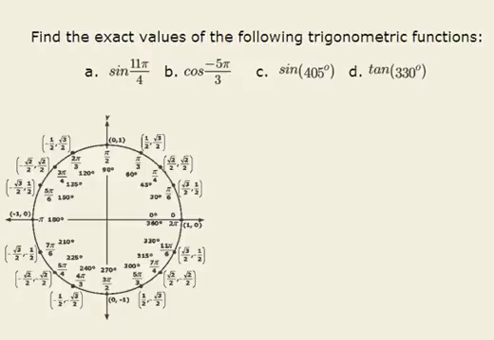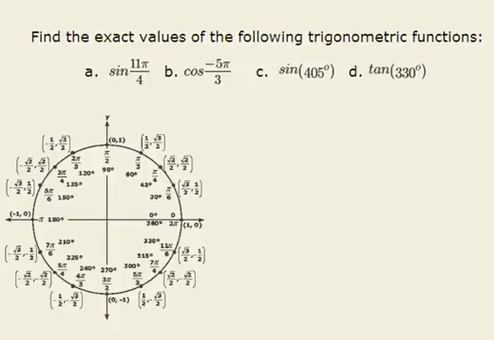In this problem, we are asked to find the exact values of the following trigonometric functions: the sine of 11 pi over 4, cosine of negative 5 pi over 3, sine of 405, and the tangent of 330. In order to look at the first one, we will recognize for part A